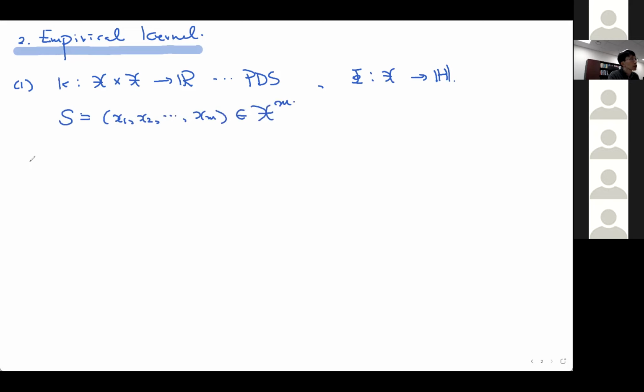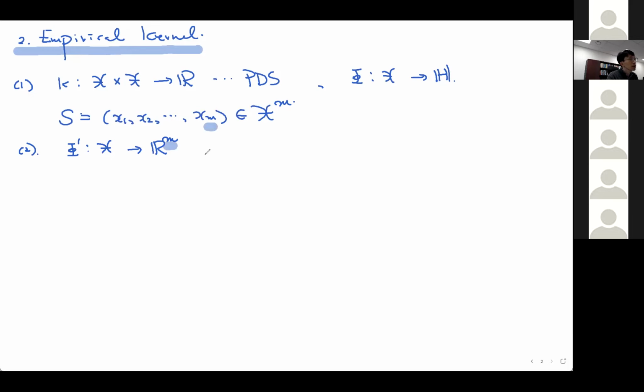So what do we want? We want some phi prime that maps each x to an element in a feature space where the dimension is the same as the number of examples in the sample,